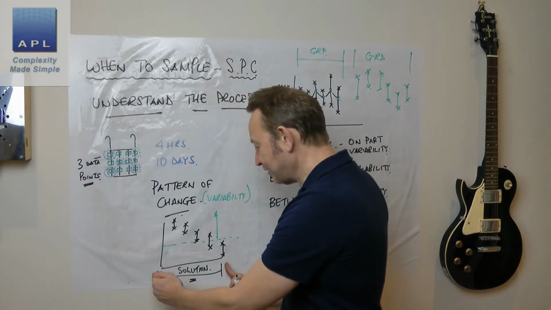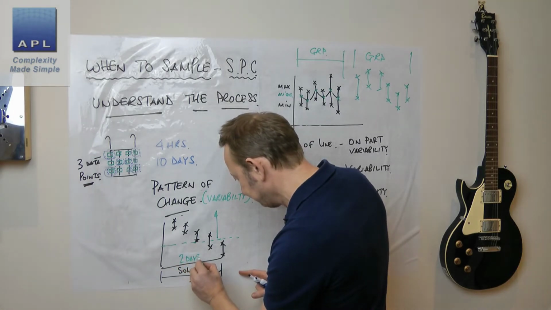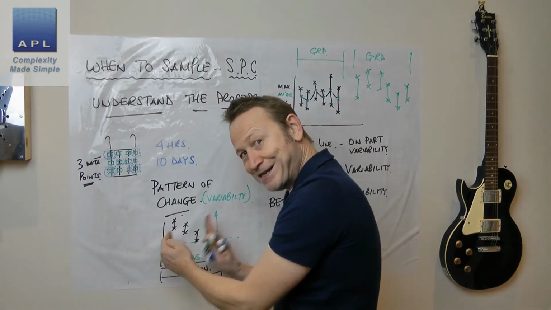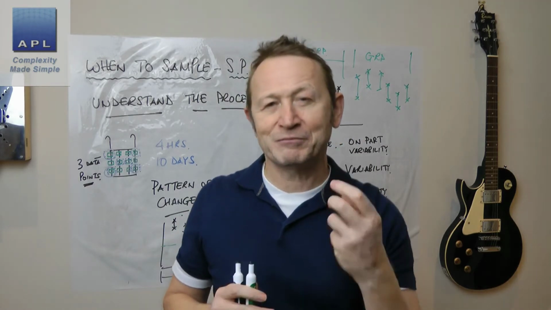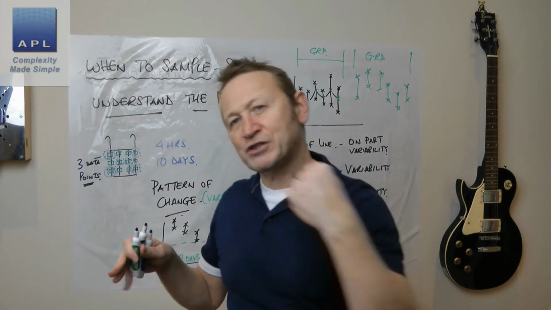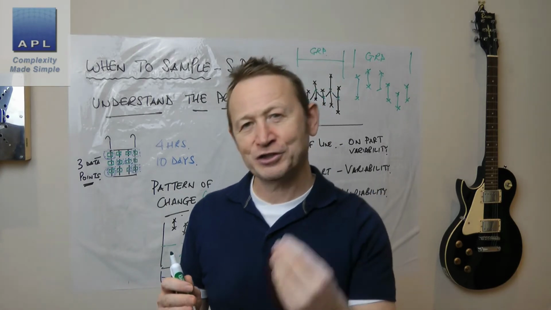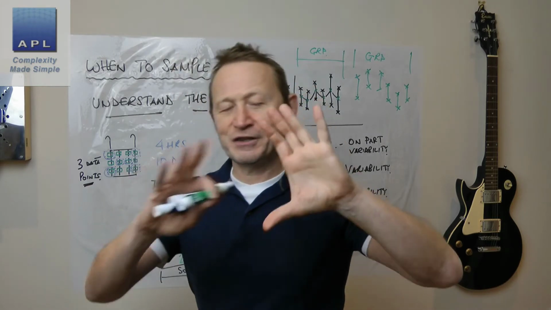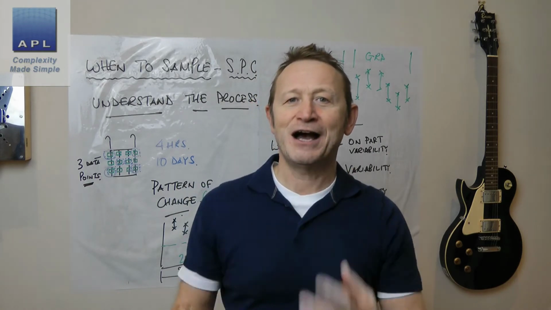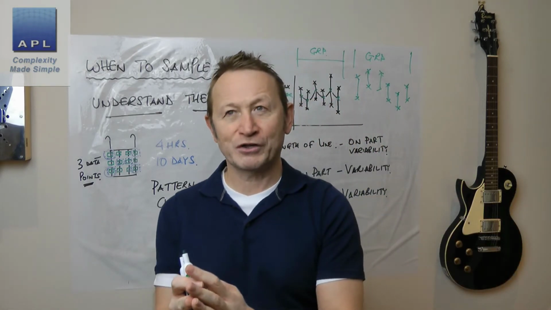Well, if you know that that is happening over, let's say, 2 days, then of course what you would do is put in a sampling routine which is inside 2 days, maybe half of that period, maybe a third of that period. Maybe you check it every 4 hours, because you want to see that gradual deterioration of the plating solution. Then you refresh it and you see the process go back to where it was originally set, and now you can see everything, and you're taking the data at a reasonable period